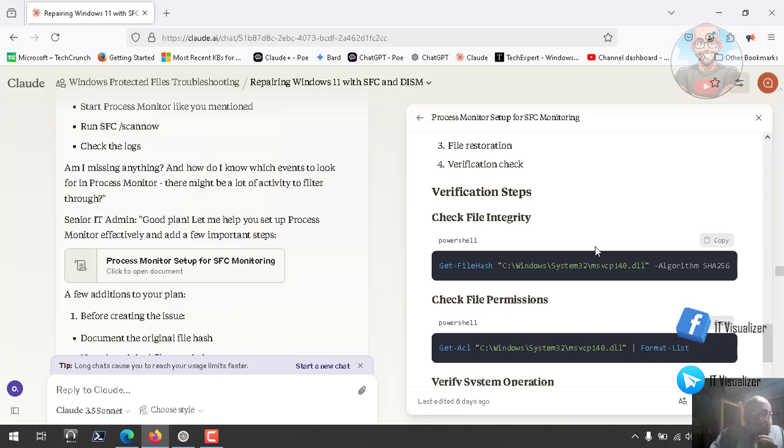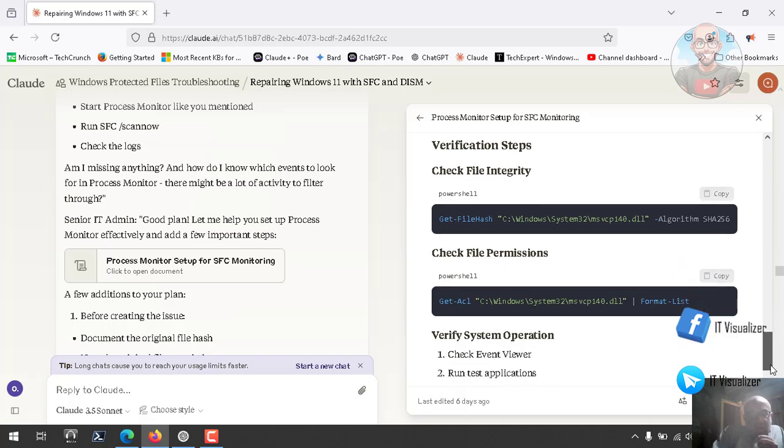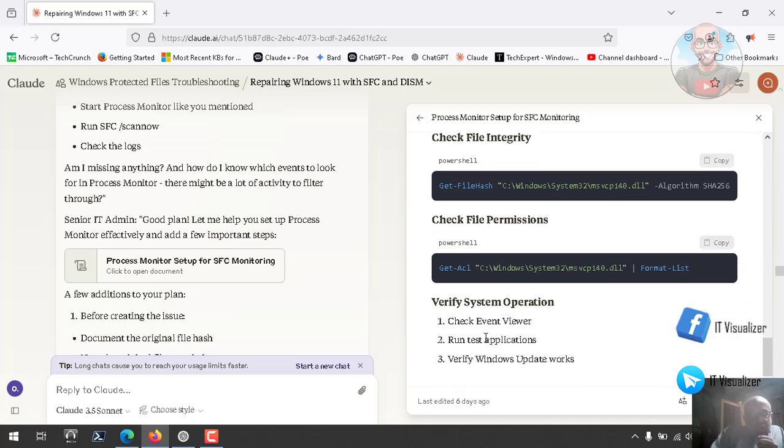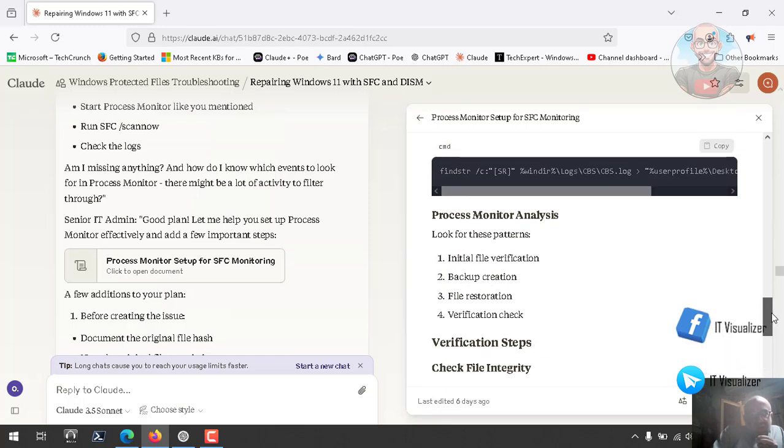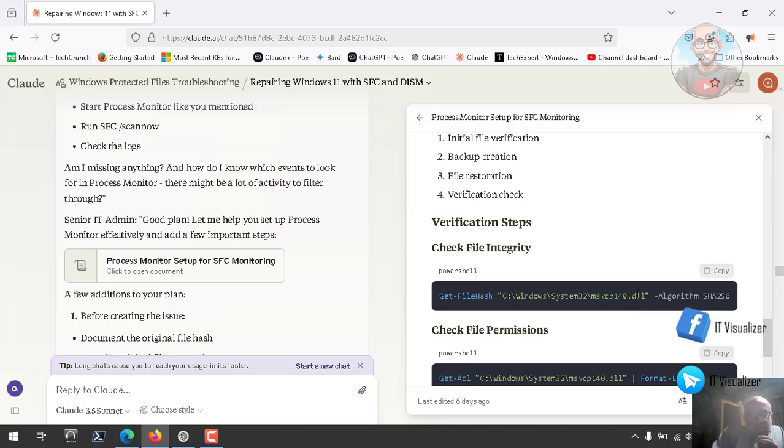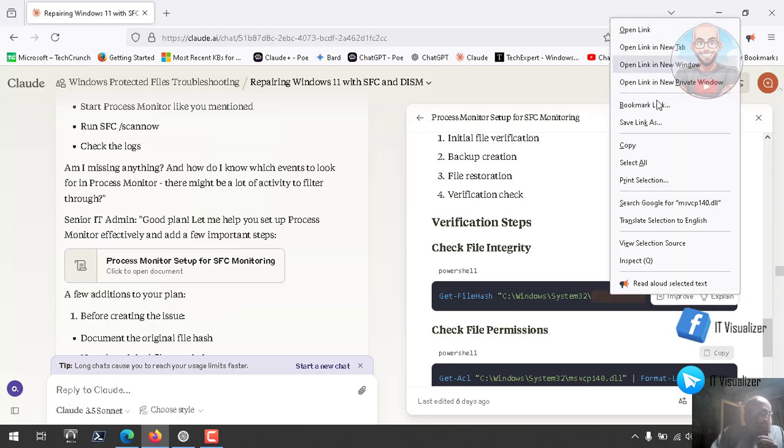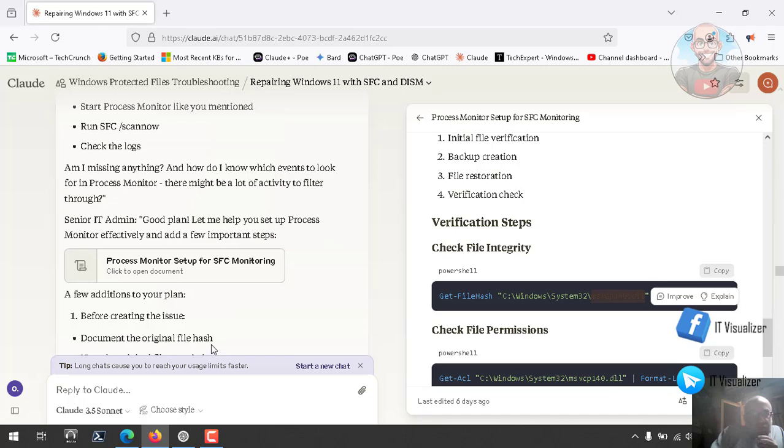LC virtual machine. Okay, I think this should be file permissions. Okay, verify system operation, check event viewer, run test applications, verify Windows update works. So I think this file is related to Windows update. Maybe what is this file actually? What is this DLL? Why did he choose it to corrupt it? What is this file? Let me try to copy and ask again